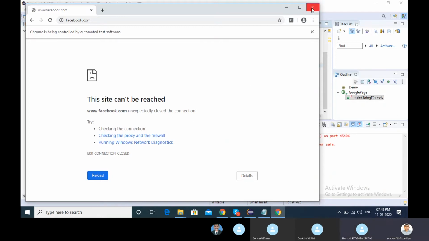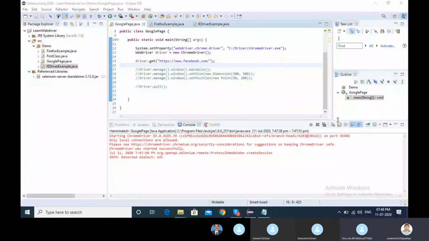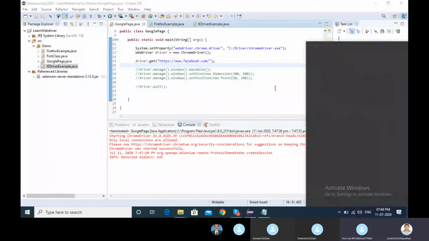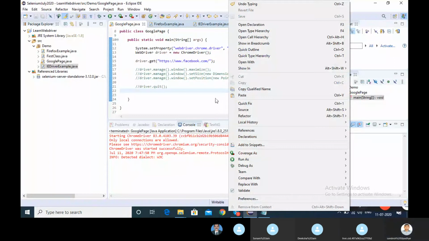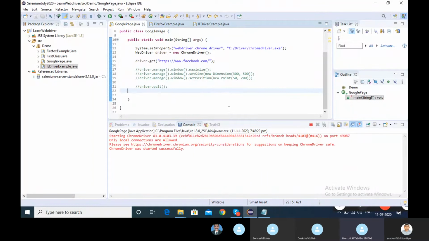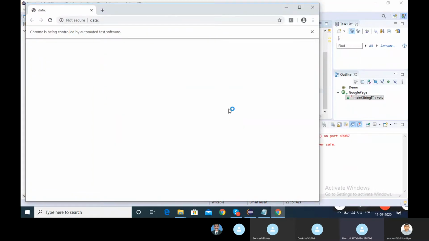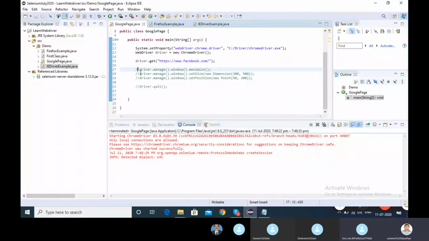Unexpectedly closed the connection. Okay. Let me check whether the Facebook website is opening or not. Let me rerun. Yeah, anyway, it's opening, right? So I will put some maximize code here. After that, I will write my code.